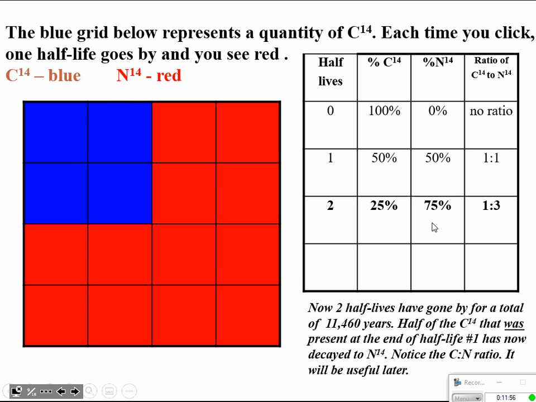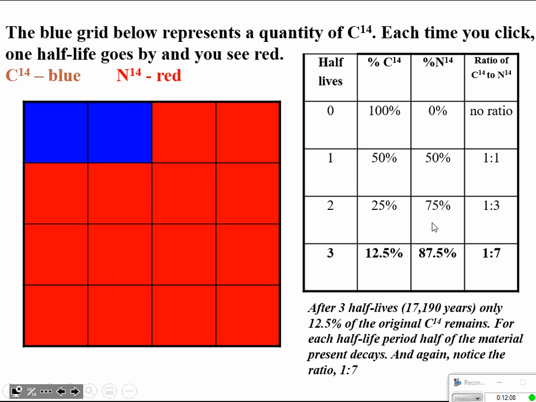Now I'm going to go through one more half-life. So this is going to take my blue box number down to what? 2, right? So when I do so, my blue box number is down to 2. So 2 out of the 16 are blue. So that's going to give me that 12.5%. Okay? 14 out of the 16 are red. So that's going to give me that 87.5%. When I did my math, it came out to be a 1 to 7 ratio. 1 carbon-14 to 7